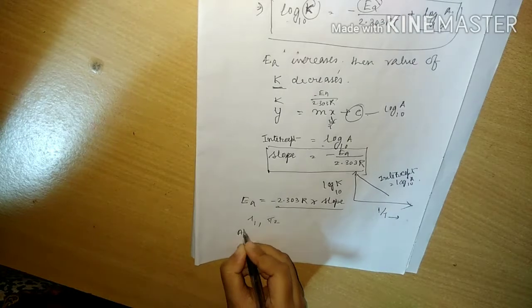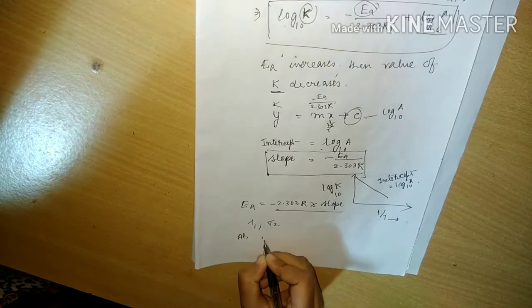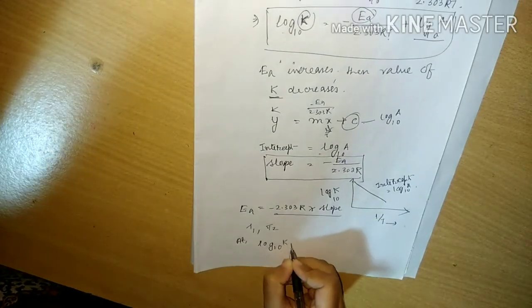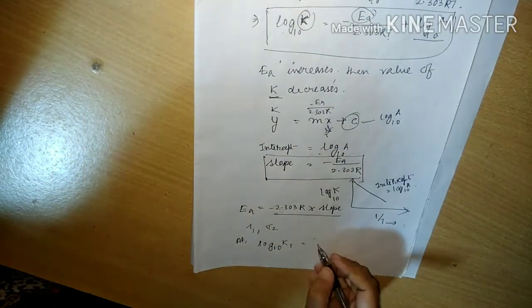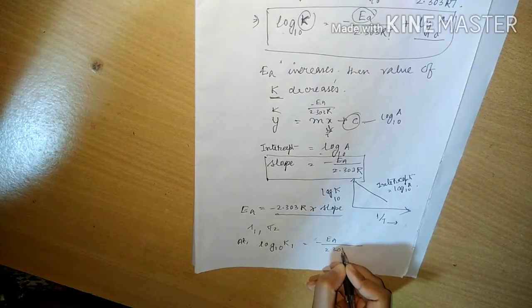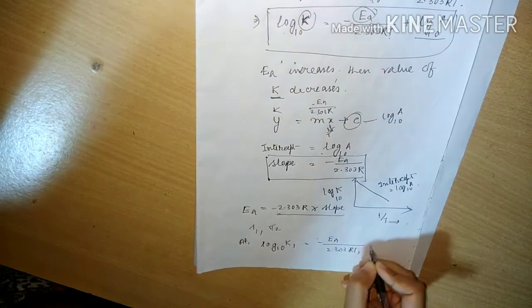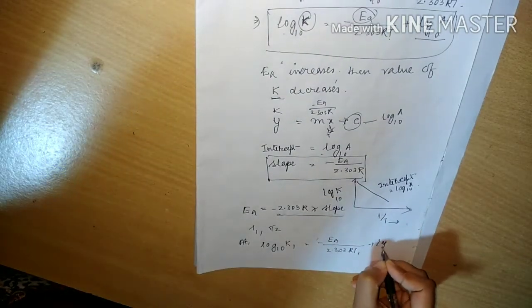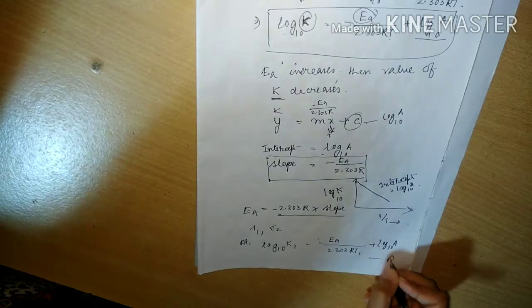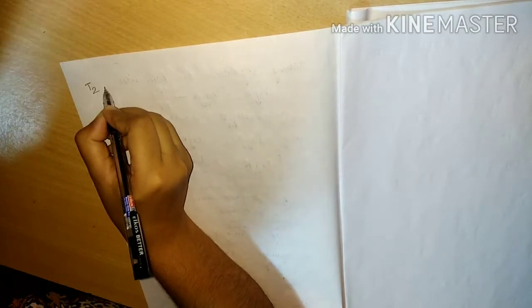So at K1, log base 10 K1 is equal to minus EA by 2.303 RT1 plus log of A base 10. This is equation 1. And if we take temperature T2,